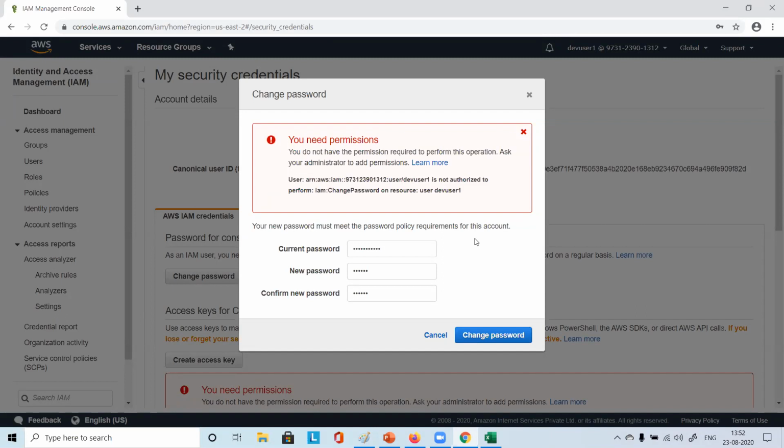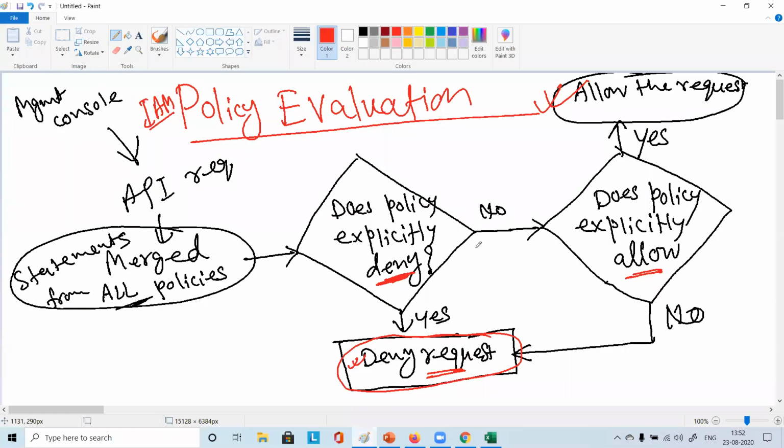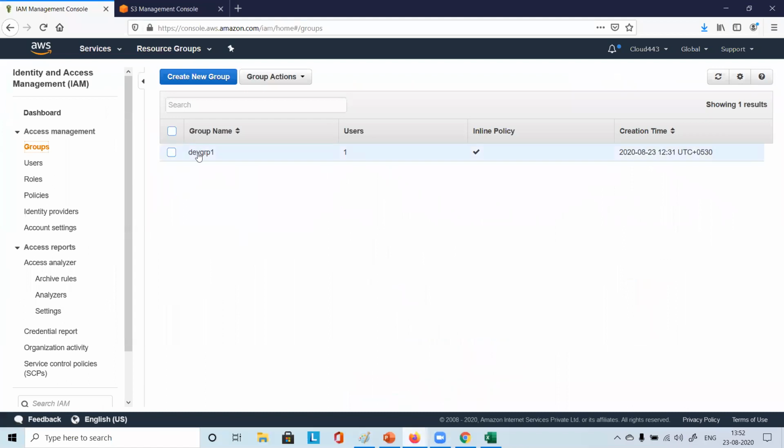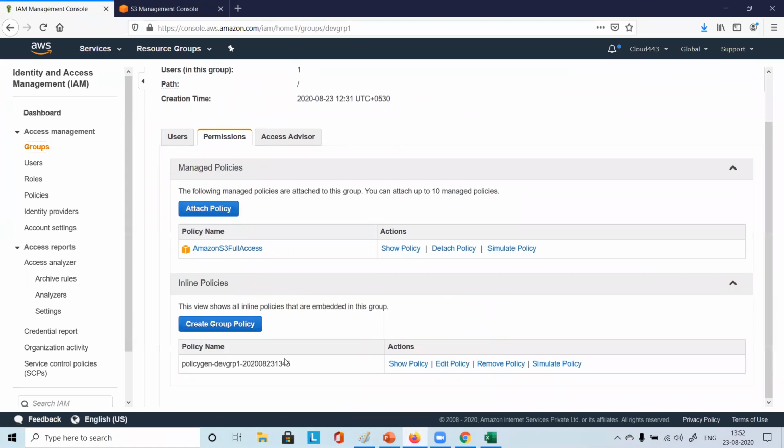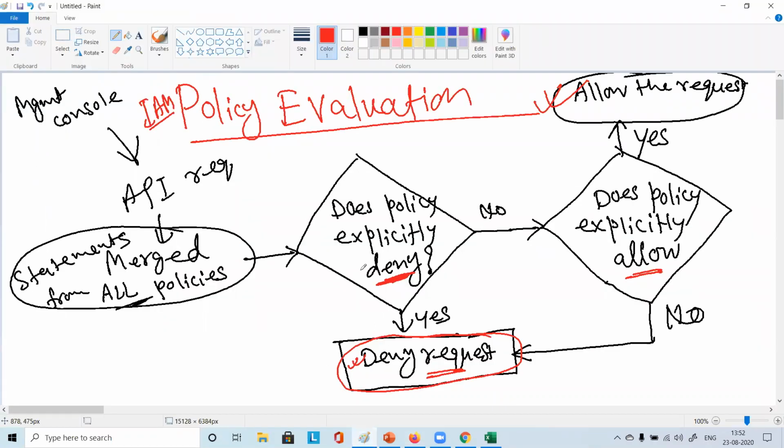That is the level of restriction, because as I explained, by default, everything will be denied. You see here, in the policy we mentioned S3. Everything is denied except creating buckets. See, this policy is related to S3. Did we put any policy related to IAM? No. So we have not given any policy. It means by default it is denied. That is the meaning of this. That much strong this is.